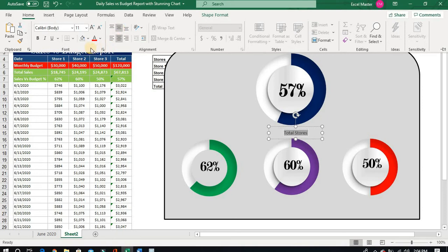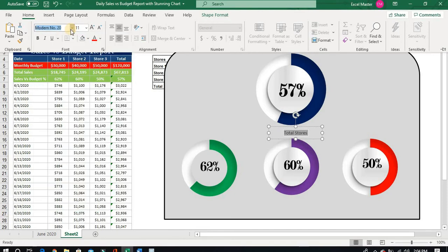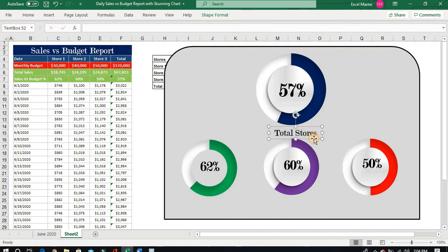We will make it middle and modern 20. We will keep the font size as 20. And we will make a copy and paste it here. We will rename it to Store 1.